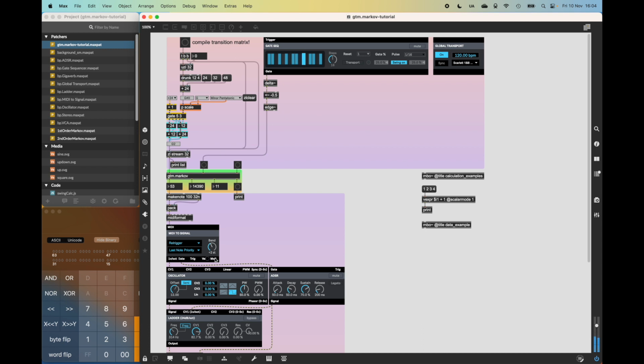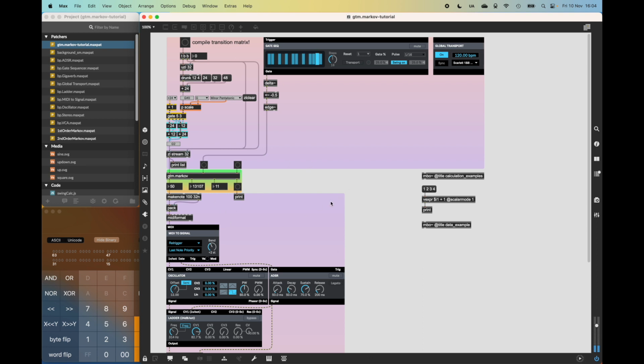So, we're not going to look at how the whole patch works. I'm going to make this whole project available to download, including the external object. We're just going to be deleting this part and then building that up from scratch, primarily using Codebox inside RNBO to achieve this. So, if I just stop this,